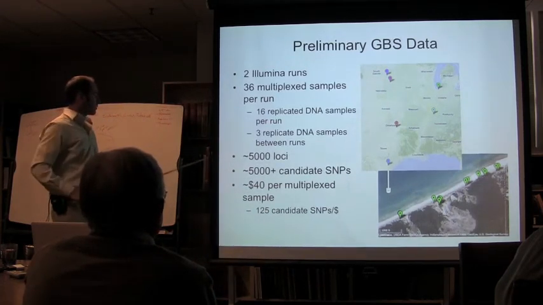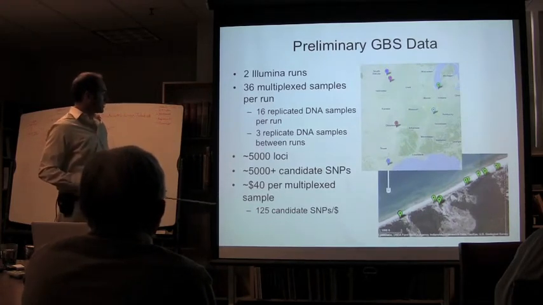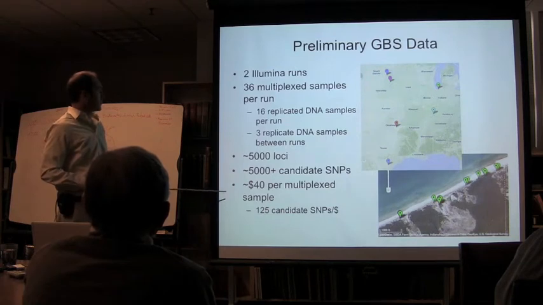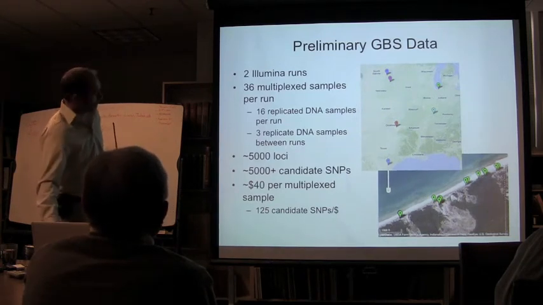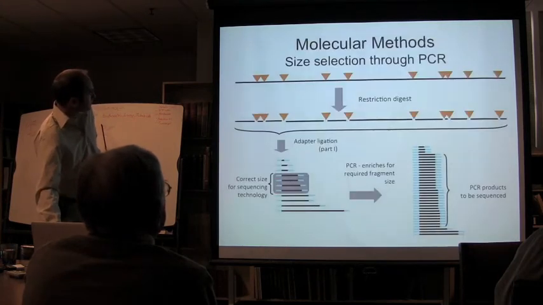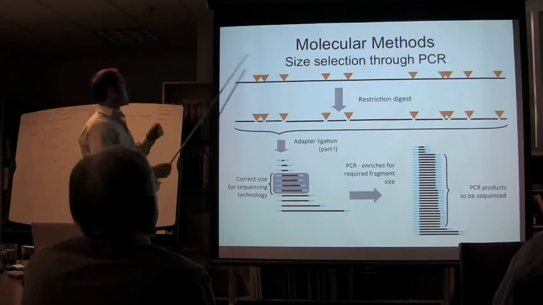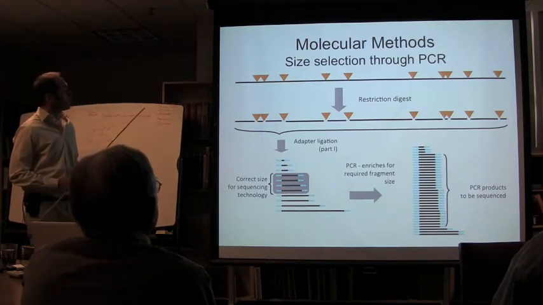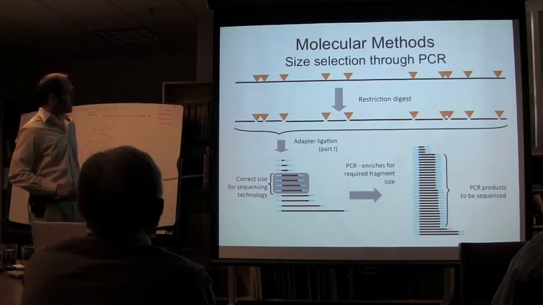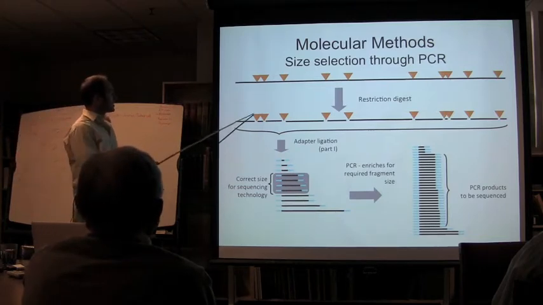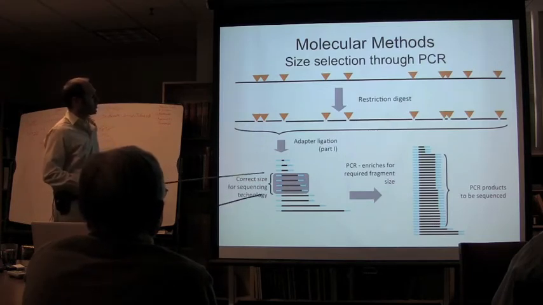And so for $40 a sample, or even less now with the newer sequencing capacity, we can get at tens of thousands of nuclear loci and the whole chloroplast genome. Briefly, this is genotyping by sequencing that's also been done in Ed Buckler's lab. It's slightly different from the RAD-tag sequencing approach. It's easier. We're using a single enzyme. PstI was a good one for us to reduce the complexity.